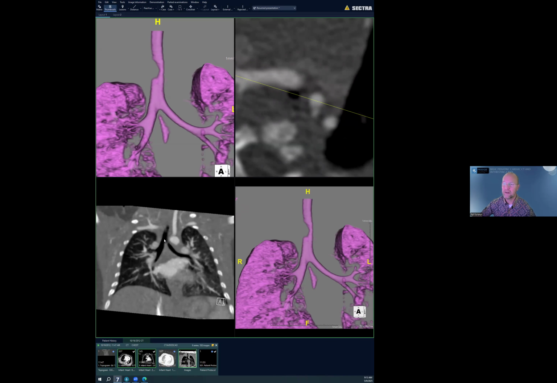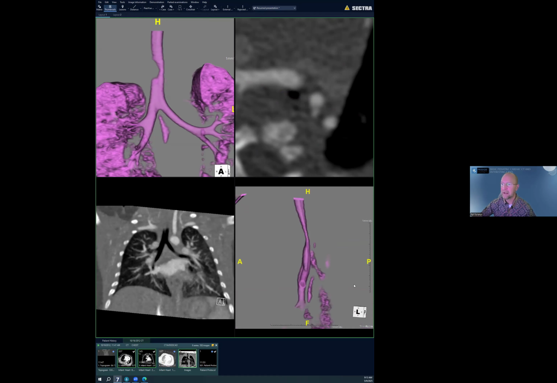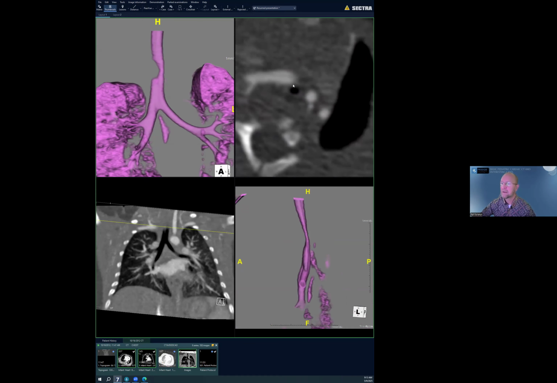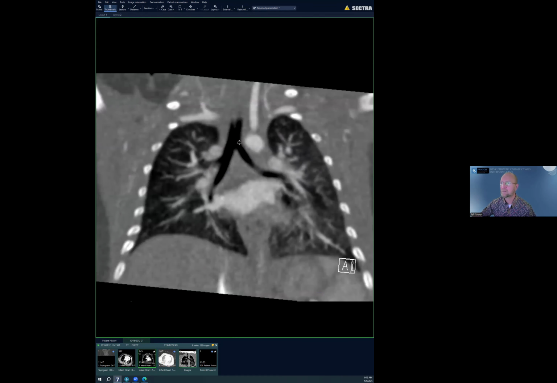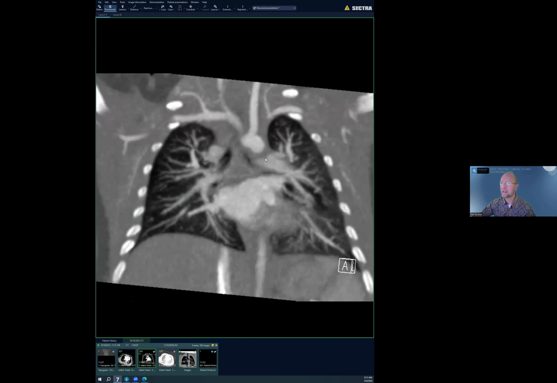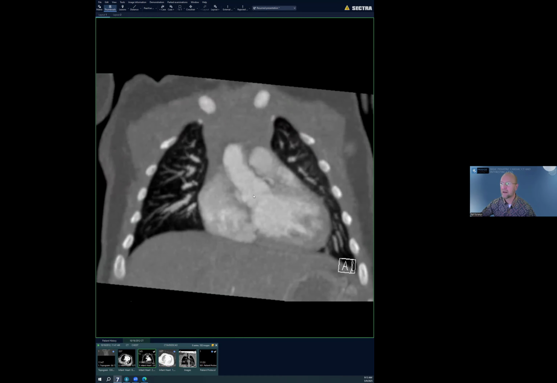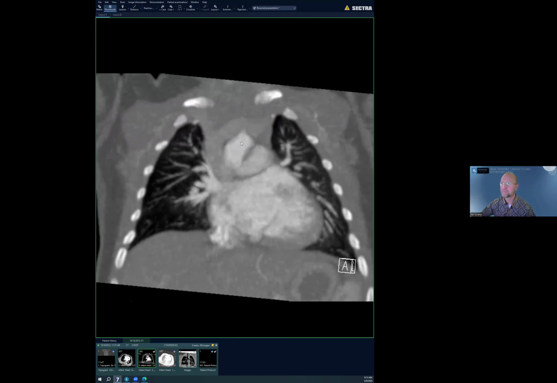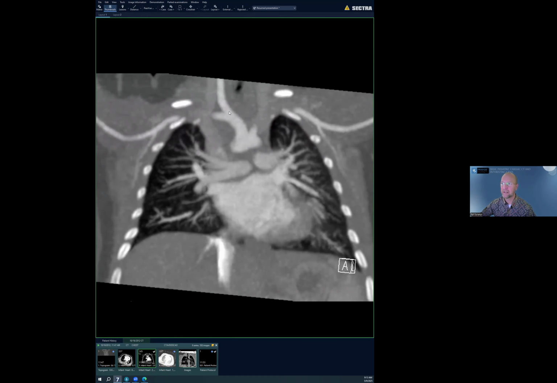So very important to look at both the 3D, like Dr. Amal was showing us, and also the different projections. And make sure you look at it and think about it in both dimensions or all dimensions. In this patient's case, if you look at the vasculature, however, I'm going to MIP it so everybody can more easily follow the vasculature. We have the aortic root here with a left coronary artery, ascending aorta, right brachiocephalic artery,